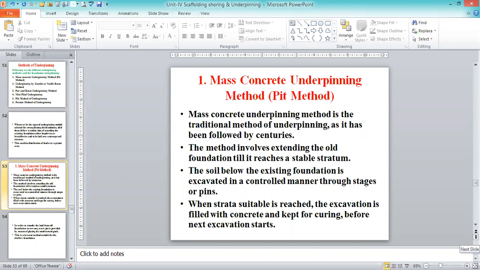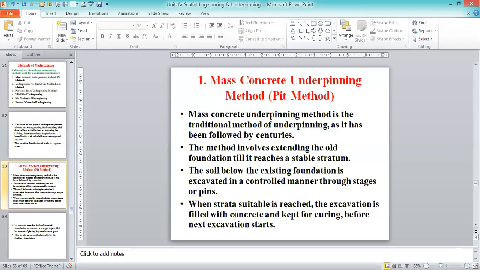The method involves extending the old foundation till it reaches the stable stratum. We are going for the excavation of the trench or the pit to reach that stable stratum. The soil below the existing foundation is excavated in a controlled manner through stages or pins, stage wise. When the suitable stratum is reached, the excavation is filled with concrete and kept for curing before the next excavation is